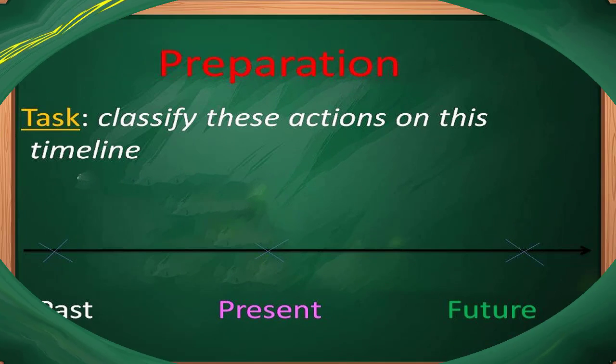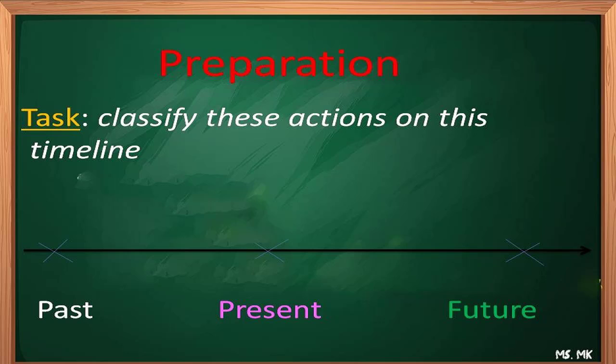Then in the preparation phase, the first P, here I am going to draw a timeline on the board, and I'm going to ask my pupils to classify actions on this timeline. So here I write past, present and future, and I'm going to give them actions which are obvious. For example, have breakfast, I'm going to say the past. For example, have dinner, study English, get the back exam, etc. So they're going to recognize the difference between the times.